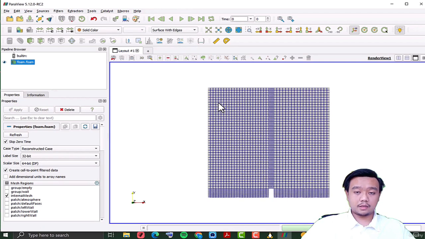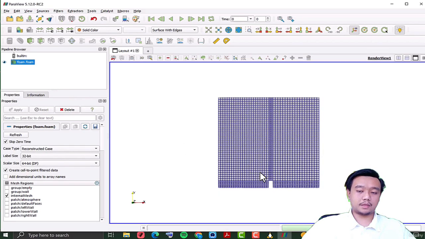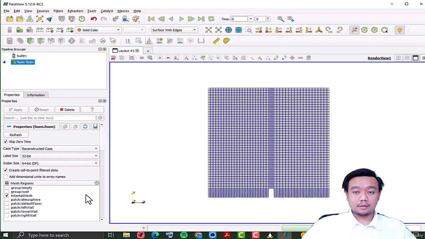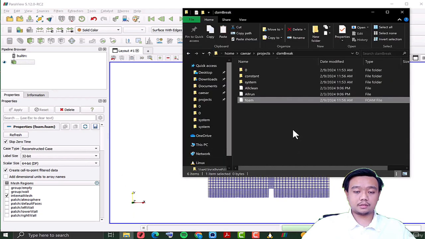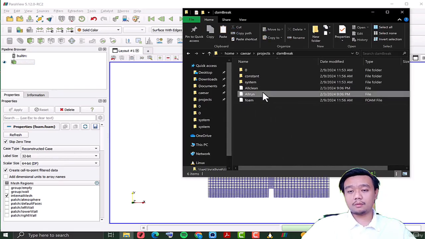So the scenario will be that we have some water here with a certain size, and then we let the air flow down to mimic the motion of the break of a dam. So that's why it's called a dam break. But to define the initial condition of the water itself, we use the setFields dictionary. Or maybe to understand that, we can open this Allrun